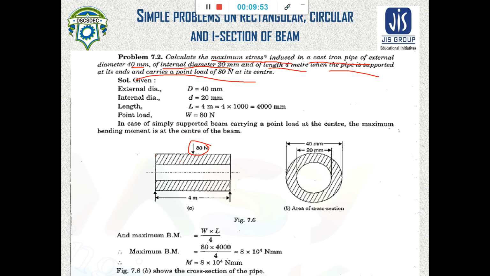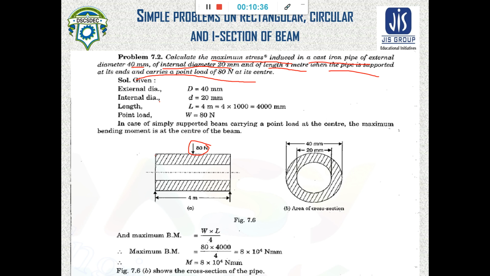Now this bending stress we have to find out. Why do we have to find the bending stress? Because we know from the theory part that pipes or any structure are mainly designed for maximum bending stress. If it is safe for our maximum bending stress, then it has to be safe for any other stresses. So bending stress calculation is very important.